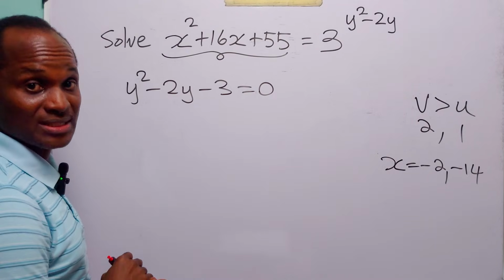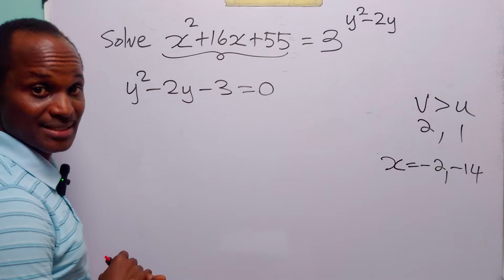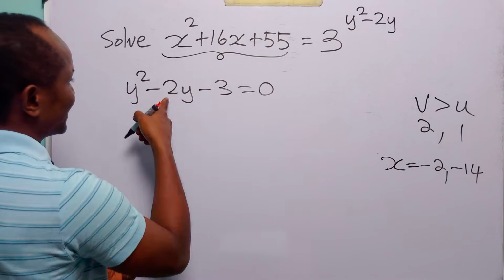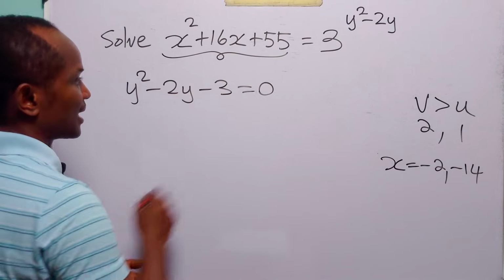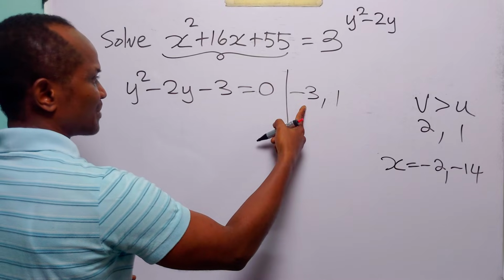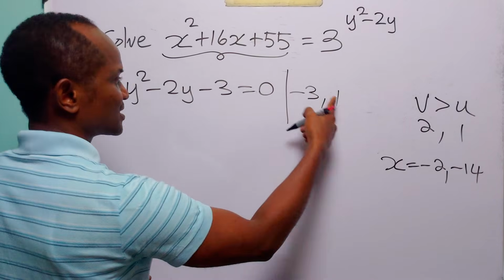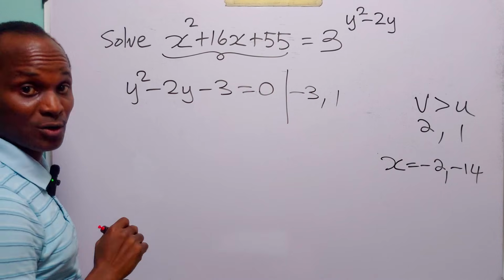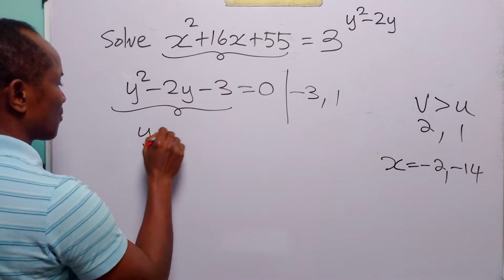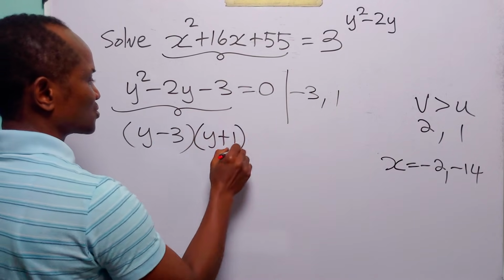We can solve this quadratic equation by factorization. Since the coefficient of y squared is 1, all we have to do is to find the factors of minus 3 that add up to minus 2. And those are going to be minus 3 and 1, because minus 3 times 1 is going to give us minus 3, while minus 3 plus 1 is going to give us minus 2. So when we factorize this, we have y minus 3 multiplied by